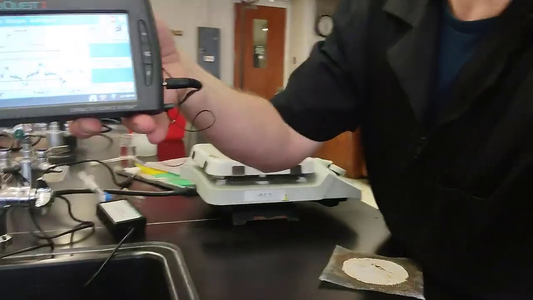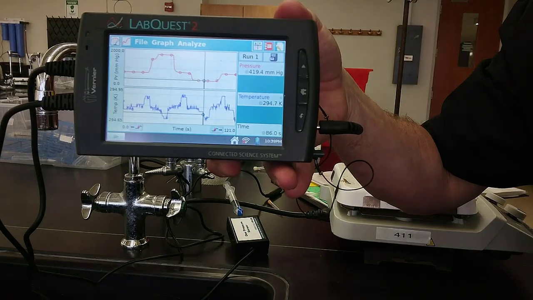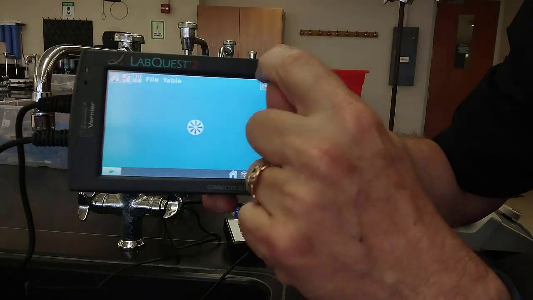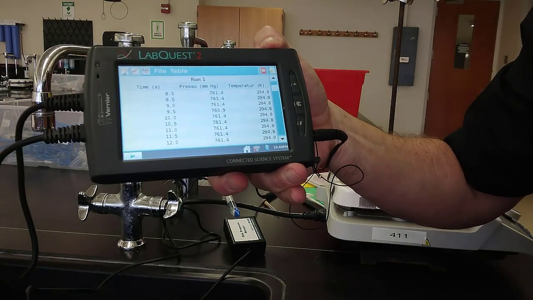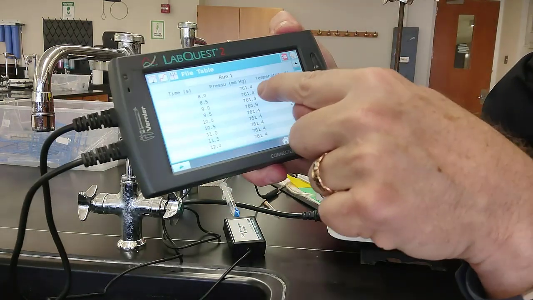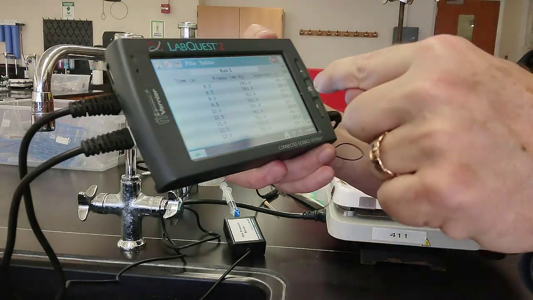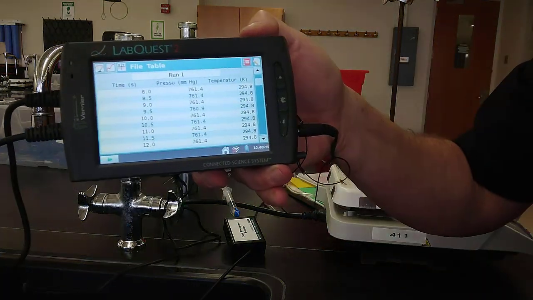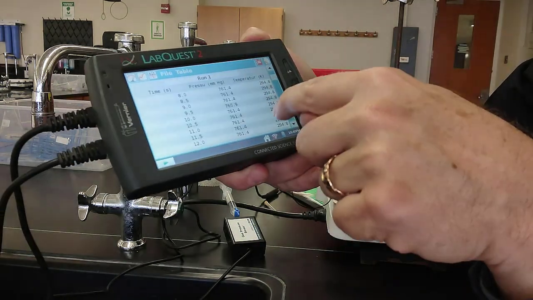If on the side, on our screen here, we go to XY in the corner, then we can see we started at 751.4 millimeters of mercury,